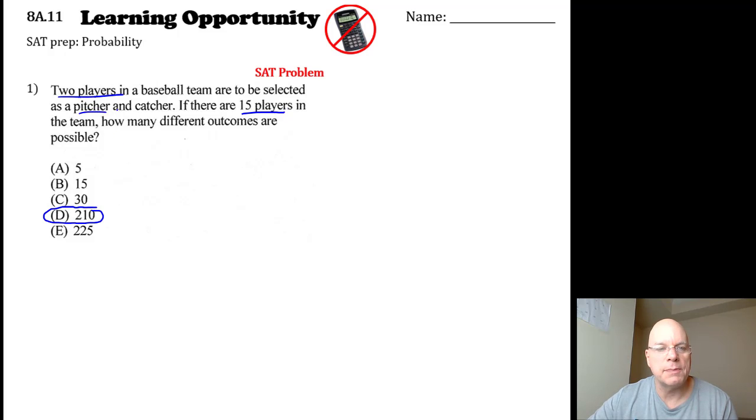Well, if one of them is going to be the pitcher and the other one's going to be the catcher, the order certainly does matter. And so if the order matters, if there's a particular order, that's a permutation. So a permutation of 15 players selected 2 at a time would be 15 factorial over 15 minus 2 factorial, or 15